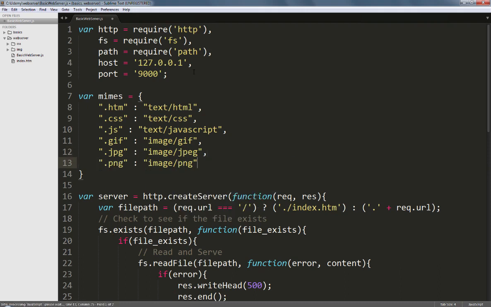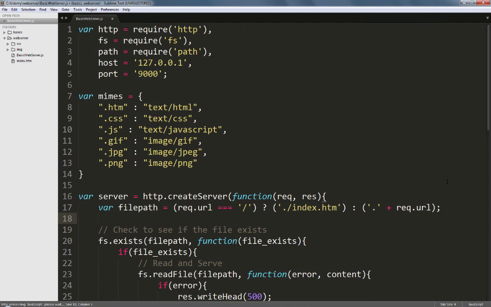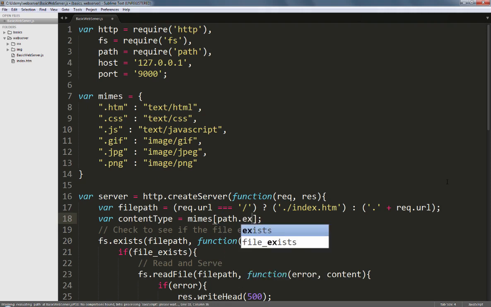Once this is done, we need to extract the file extension of the requested file from the request object and get the matching content type value from our MIMES JavaScript object. All of this can be done in one single line like so.